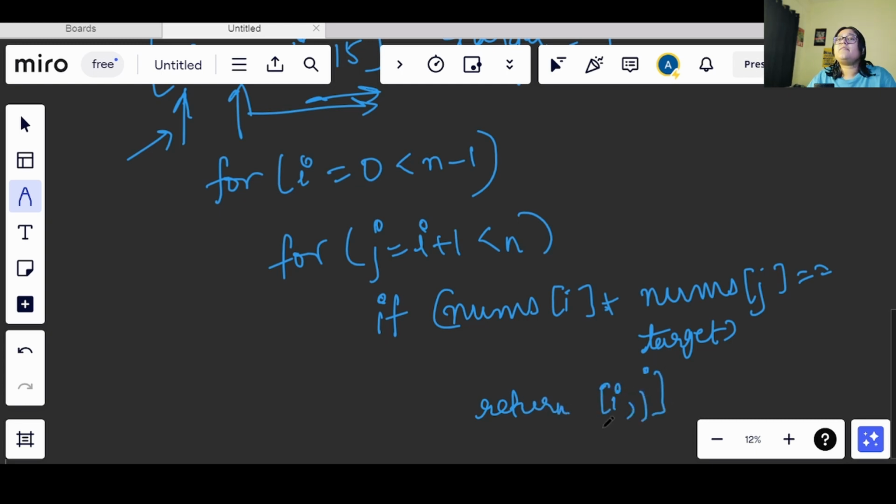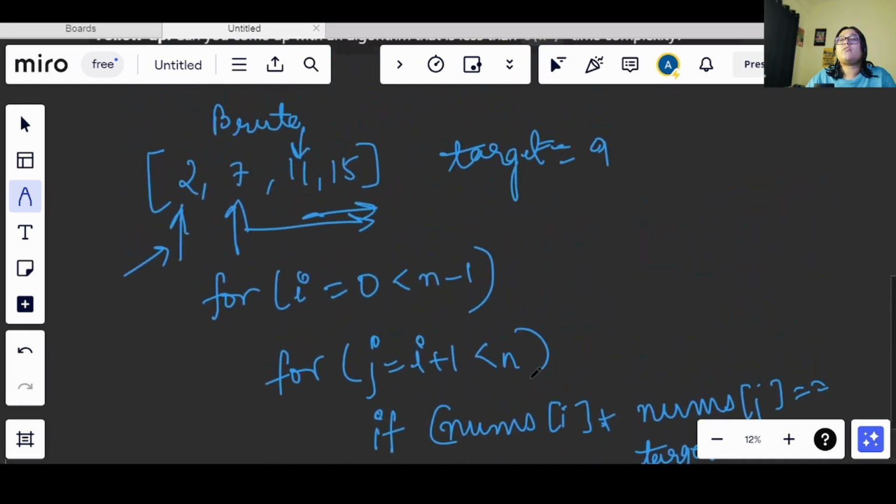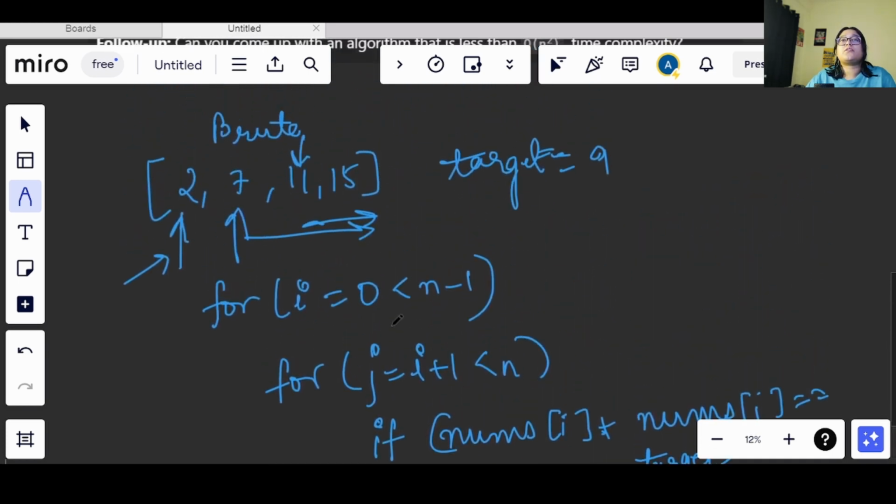Now keep in mind we will be returning the index inside an array, okay. So use square brackets to return the answer. Now this is what we have to do while we are using two loops, right? In this, the time complexity that we will be getting here is O of n square, and the space complexity, we are not using any extra space, so it will be O of 1 only.